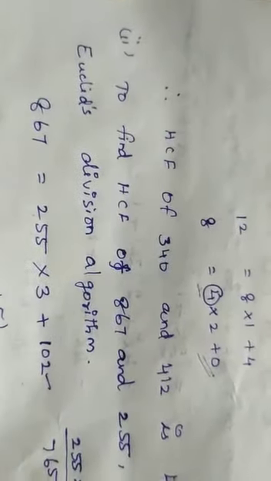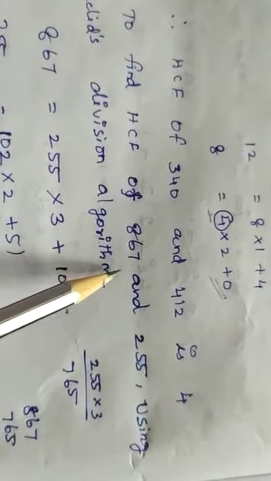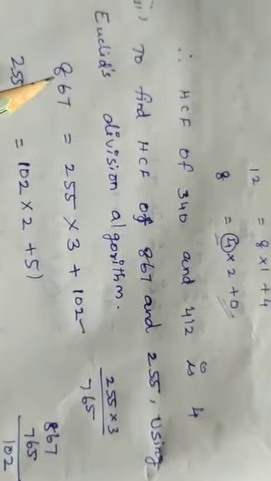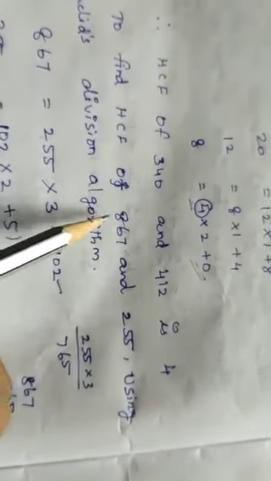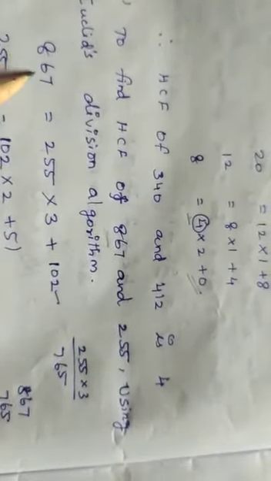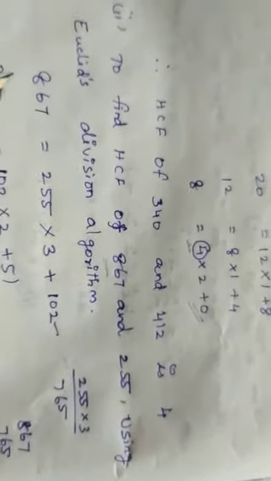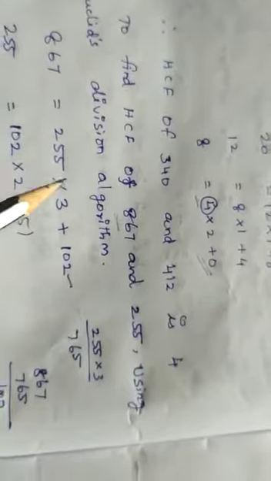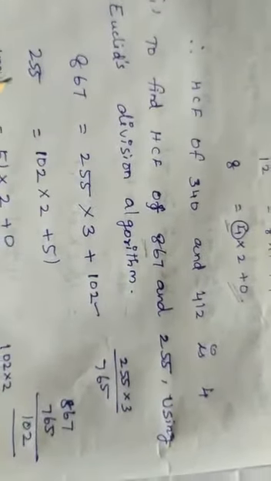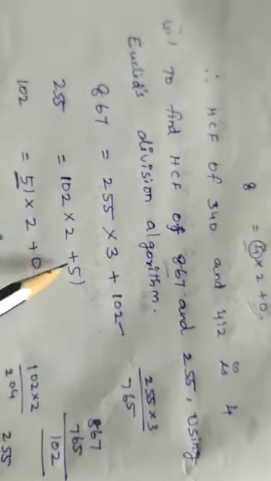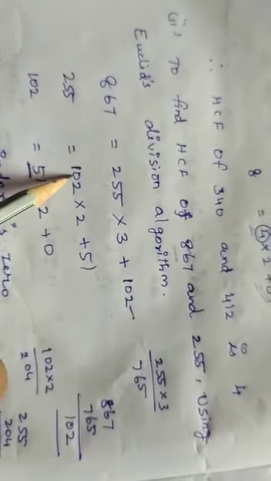Okay. In the second part, to find the HCF of 867 and 255 using Euclid's division algorithm, we are taking the big number and placing it in the place of A, and we are taking the small number and placing it in the place of B. So 867 equals 255 into 3 plus 102. Then we are taking 255 and 102 here. Then 255 equals 102 into 2 plus